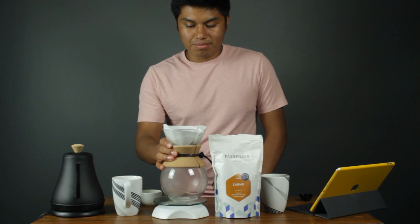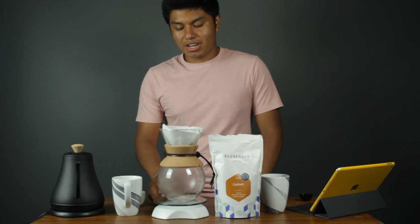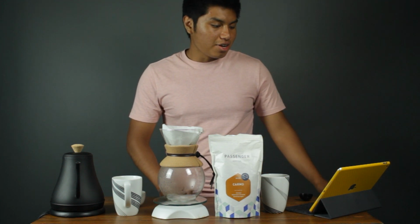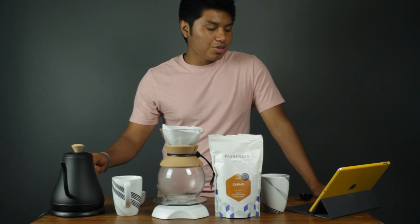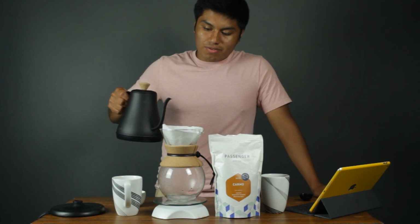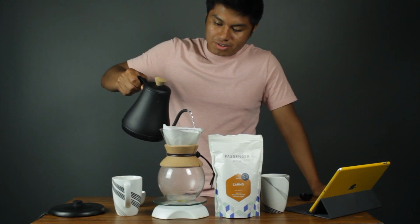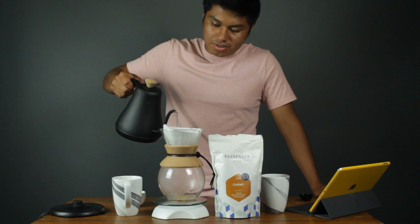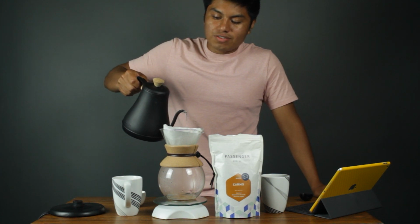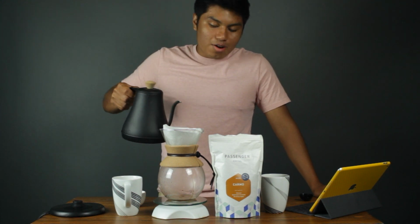And now I want to even it out a little. So I'm actually going to reset it because I just picked it up a little bit. So I'm going to tare it back to 0. And now the next step is to slowly put 100 grams of water into the filter. So I think I'm supposed to go around a little and go like this. And I'll keep doing this for a little bit until I reach 2 minutes and 30 seconds